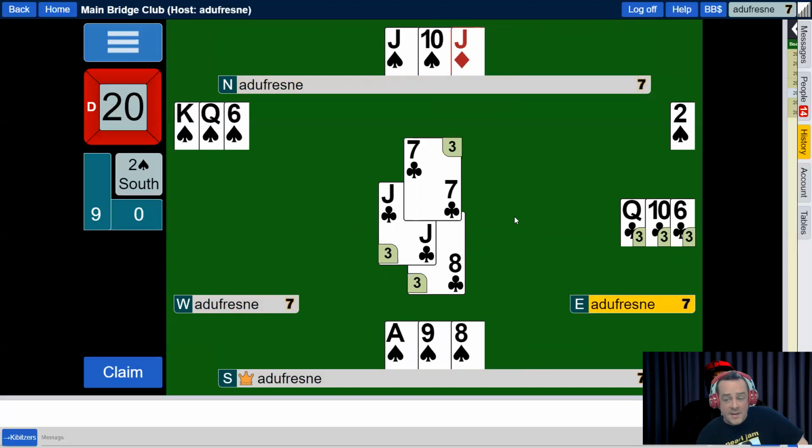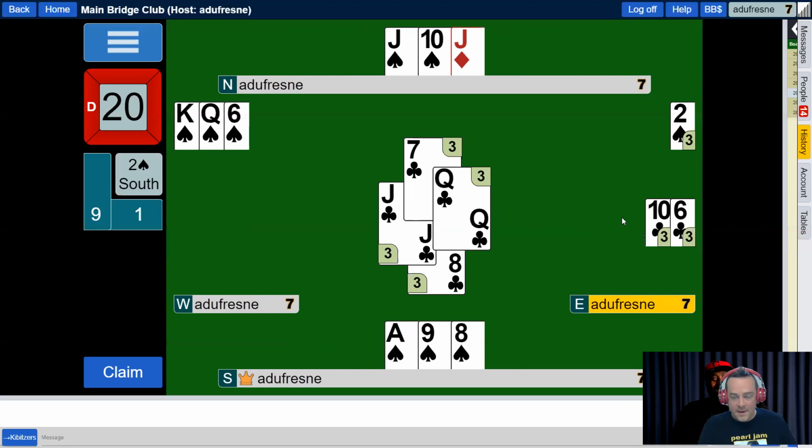Okay, if he doesn't overtake it, say he plays the 10 or 6, West is endplayed in trumps. If he overtakes it, West is still going to get endplayed in trumps. But there's kind of a cool little style thing here. So let's give East style for overtaking. And then when he returns a club at trick 11,